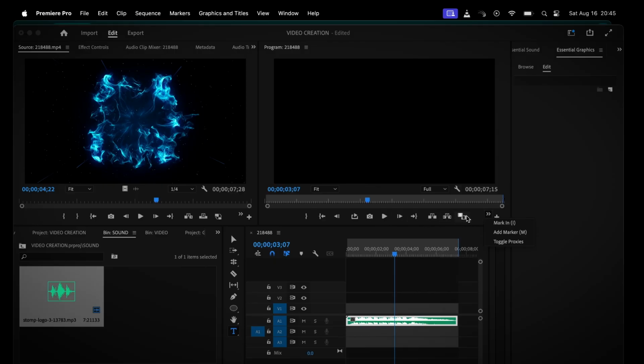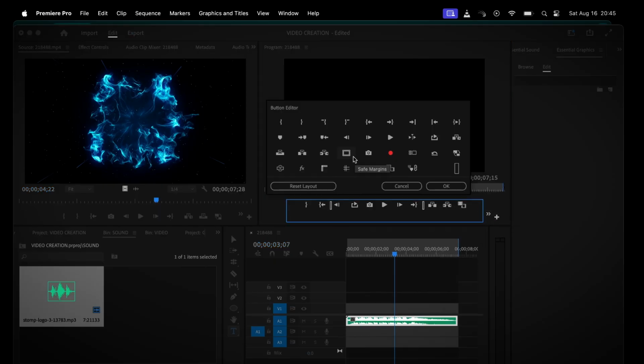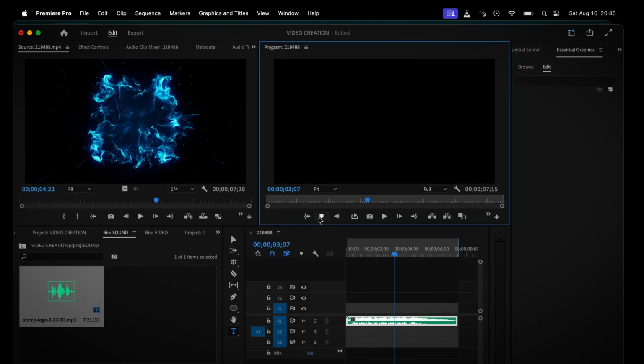Is there a marker icon here? No. Okay, this is a marker icon. Once you hover on it, it tells you add marker. The shortcut for it is M. So if I bring this marker icon here, let me bring it among this stuff. This is the marker icon. So at this point where the stuff is,